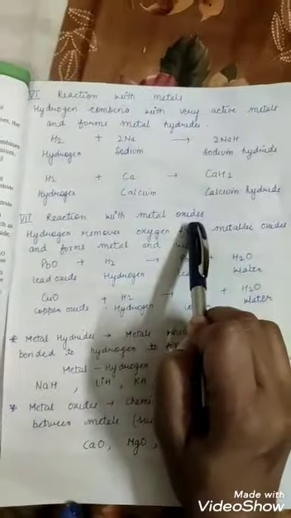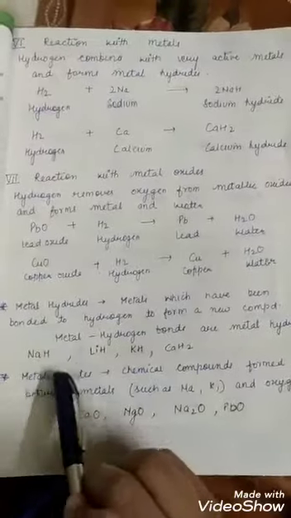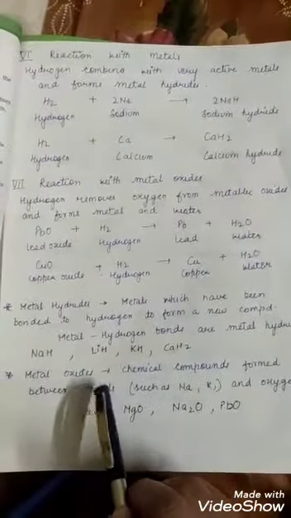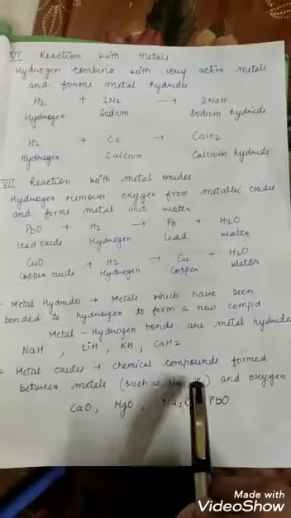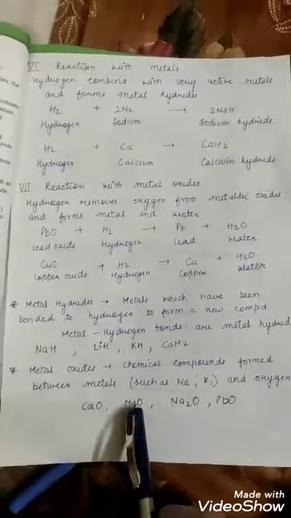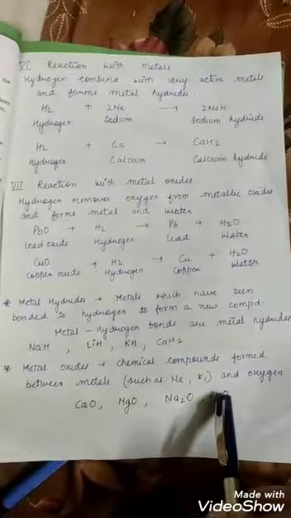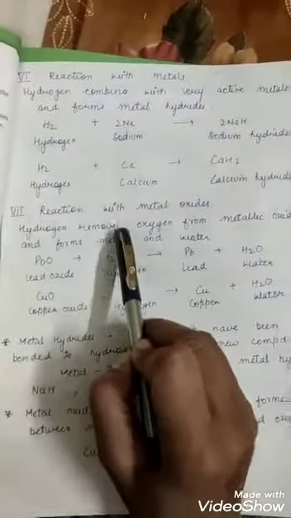Now, reaction of hydrogen with metal oxides. Metal oxides are the chemical compounds formed between metals such as sodium, potassium and oxygen. Calcium oxide, magnesium oxide, sodium oxide, lead oxide. Hydrogen removes oxygen